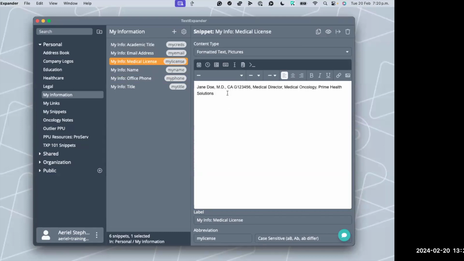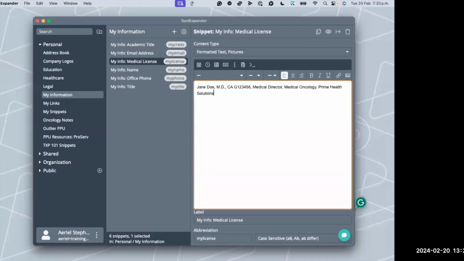This is obviously Jane Doe. This is not a real person, but the rest of this is very similar to what I've seen a healthcare client use before. And I will also show you how beneficial this could be when everyone on your team creates one of their own, and then you can use this with shared documentation. I've seen other people have what they call a medical header. If everyone creates information with their header, it's going to make it a lot easier for you to sign off on documentation, but share your snippet content.